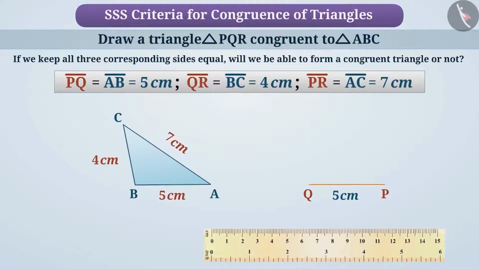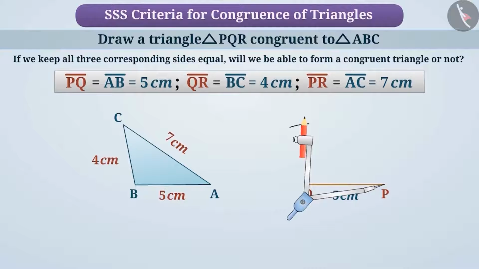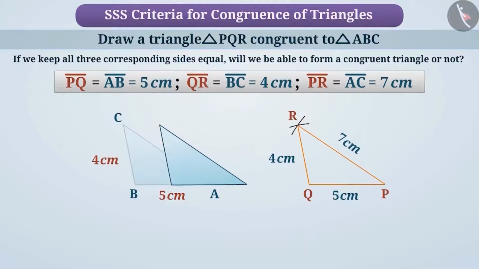You got it right. For this purpose, we will use a compass. To find the position of point R, we will take the distance of 4 cm with the compass and draw an arc by placing the pointed end on Q. Each point of this arc represents a distance of 4 cm from Q. Then, taking a distance of 7 cm with the compass, we will place the pointed end on P and draw another arc cutting the first arc. The point of intersection of the two arcs will be the point R, which is at a distance of 4 cm from Q and 7 cm from P. Now we will join it with P.